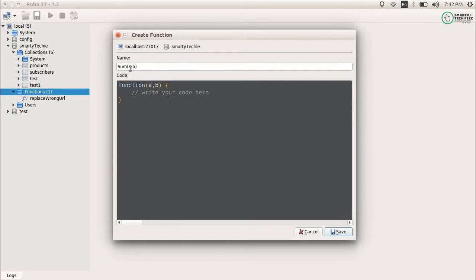So these are the parameters which we want to provide in the sum function, and the same parameters I have written here. You can even change the names of them. Let's say x and y, and for the sum I want to return x plus y. So this is the return statement.